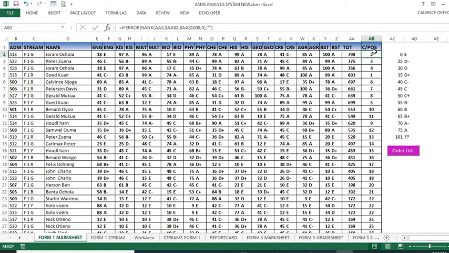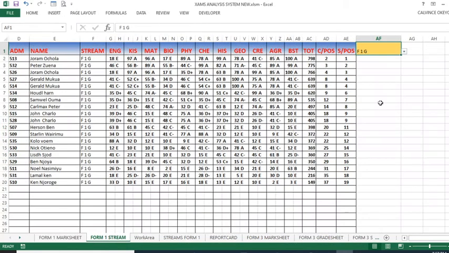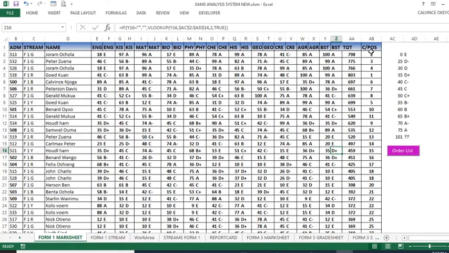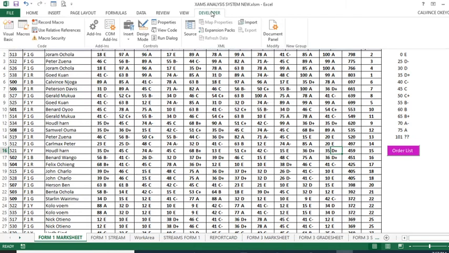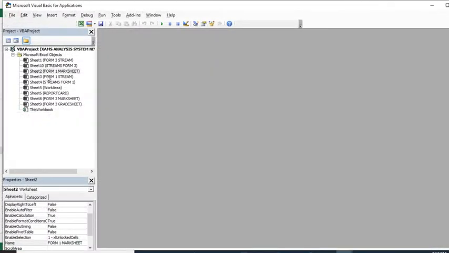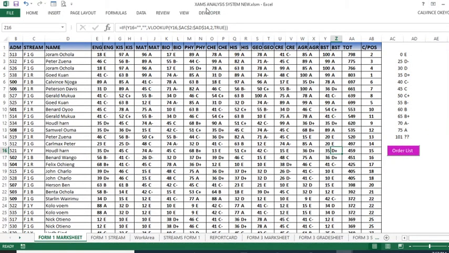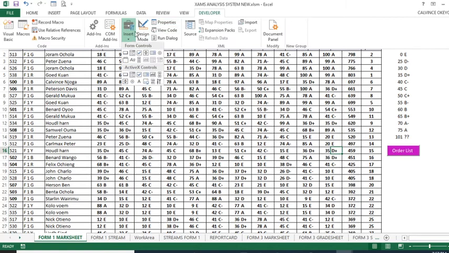So when you order this list first, then the stream merit list will also come out to be ordered in that manner. So let us see how this one is done. So we use what we call VBA code. So we go to Developer tab, then we go to Visual Basic, then what we need to do there, before that, we need just to go to the Developer tab, then we go